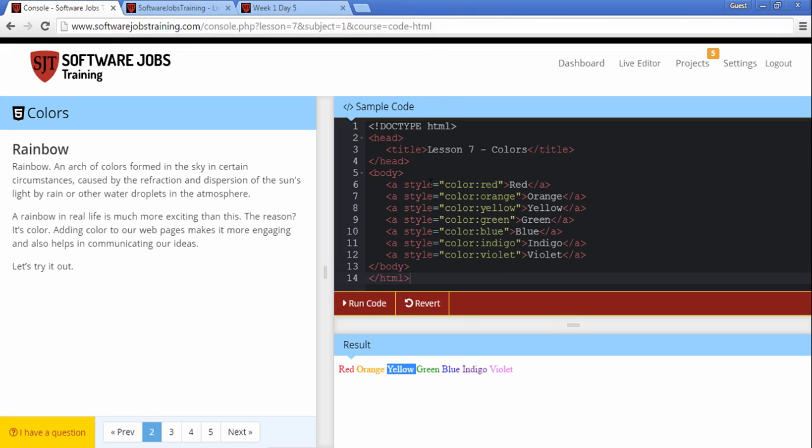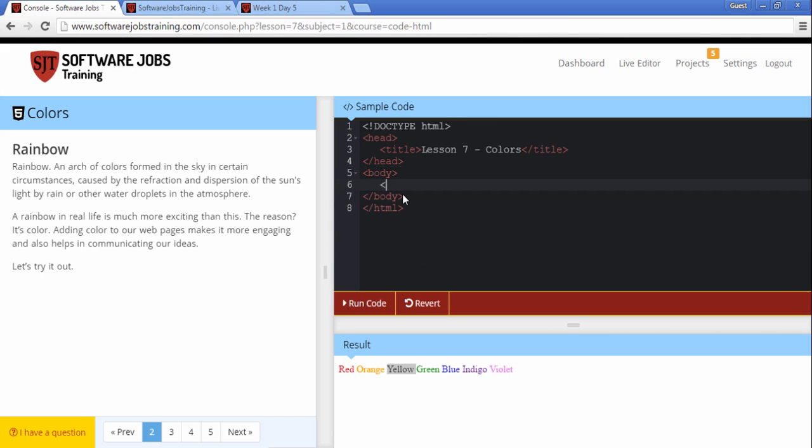Okay, so basically to change the color of text you need to specify it in the style attribute and put an equals to sign, and then inside it you need to specify the color, and then colon, and then the color name. Okay, so you can say color colon red, color colon orange, yellow, green, blue, or anything as you require. So let me just get rid of this, and let's begin with typing HTML h1 tag and say